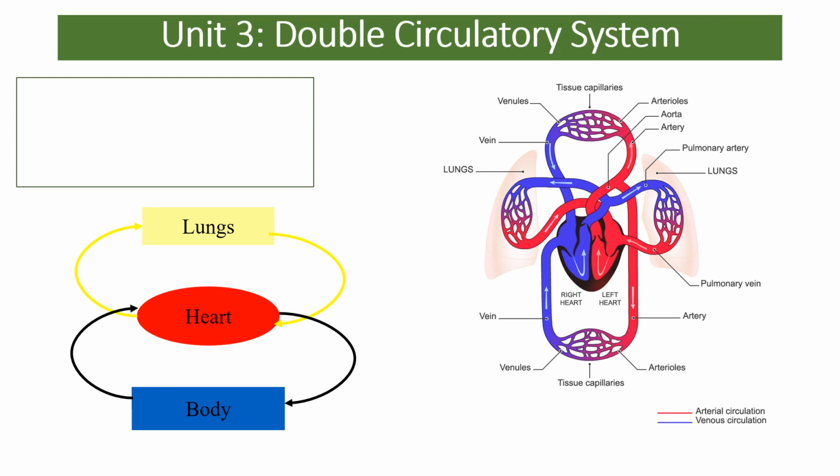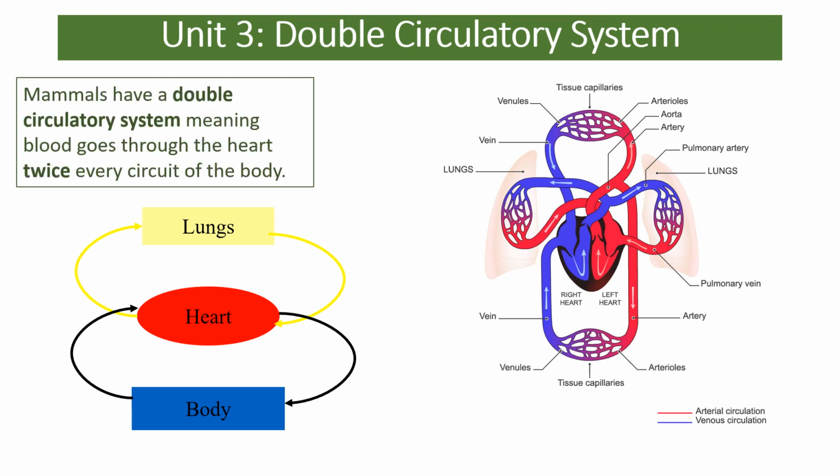Now you need to know that our bodies are double circulatory systems. So what this means is that the blood has to go through our heart twice for every full circuit of the body. So to go around the body once, it has to go through the heart twice. So the key way of remembering that is saying twice every circuit of the body. So if we have a look at this, just to make sure you understand it, if we start in the